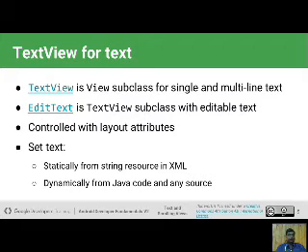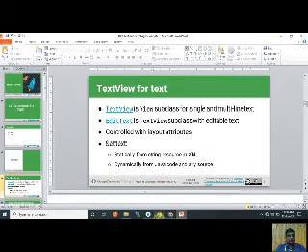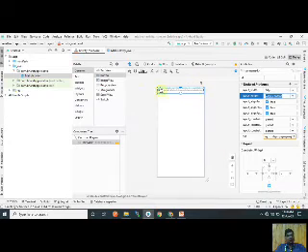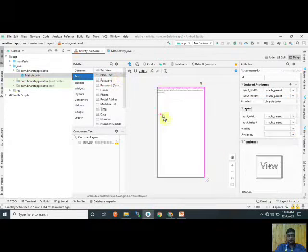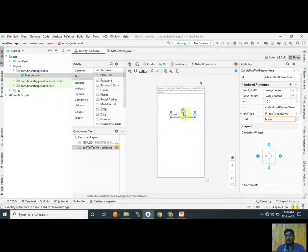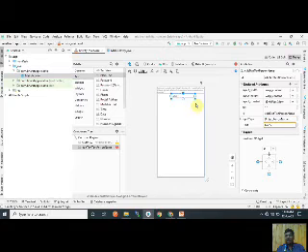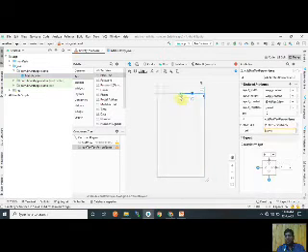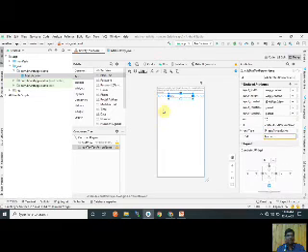How to control text view and edit text in Android Studio. This is the text view. Now I also insert the edit text. That is the edit text. It has the properties of text view also, and second, you can insert text into this. It also gives permission to enter text, and after that we fetch the text from this edit text into the program for further use.